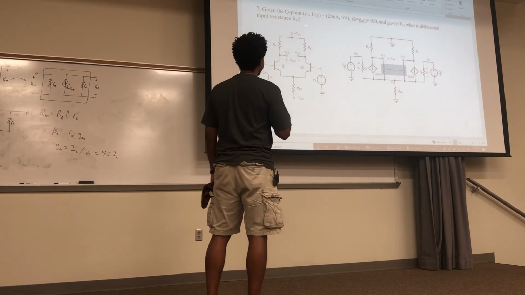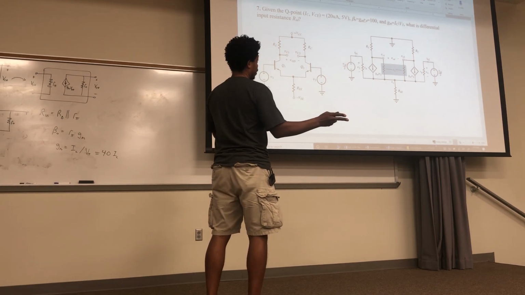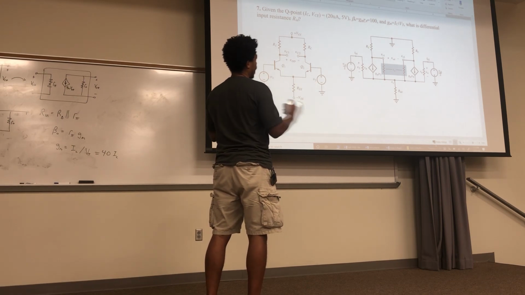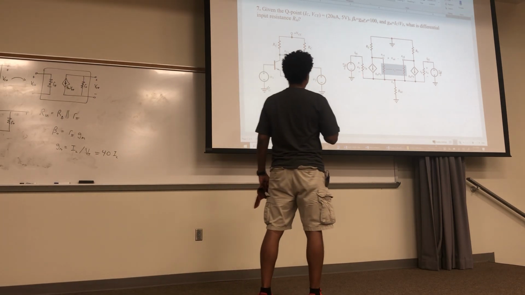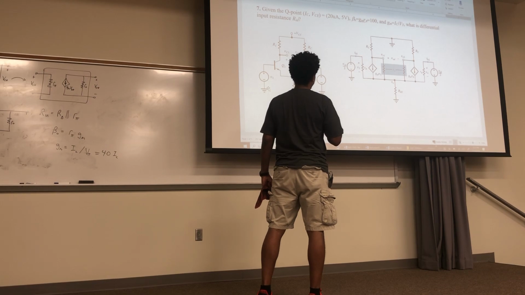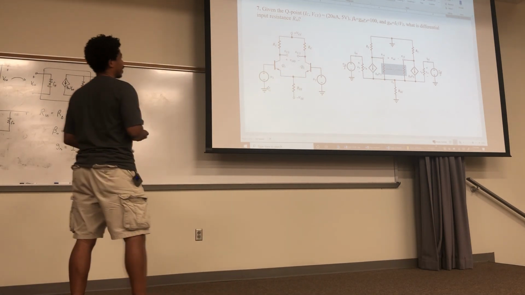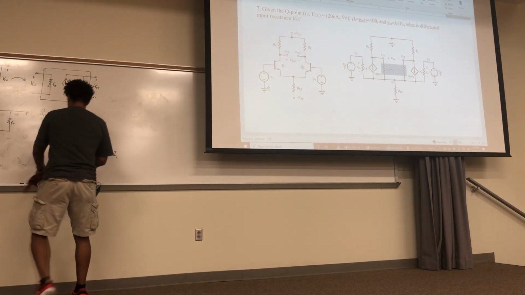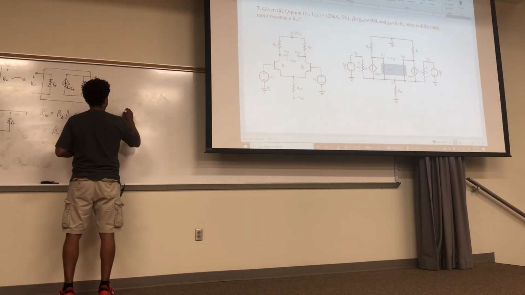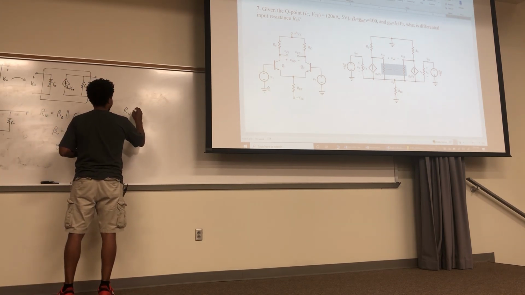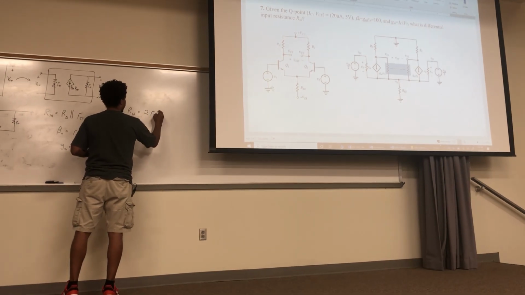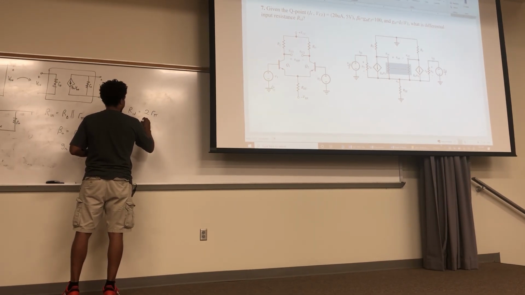Okay, in this case, you have two differential signals, and so in half circuits they're just split up in two. But if you put them together, that's what you're really looking at. So VID, half of it's going through this R pi, half's going through that R pi. So really, you have one ID going through two R pi, two of those. So your RID is equal to 2 R pi, and the relationship with R pi,